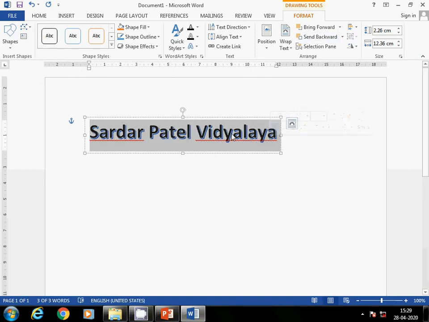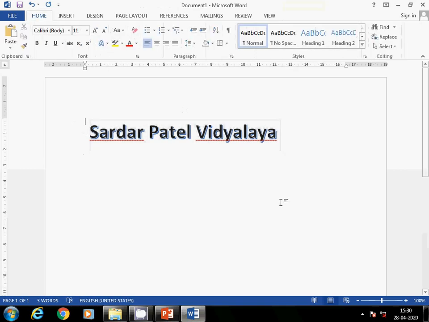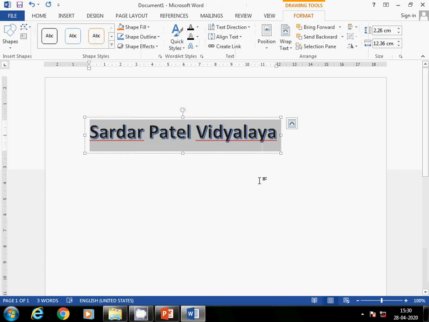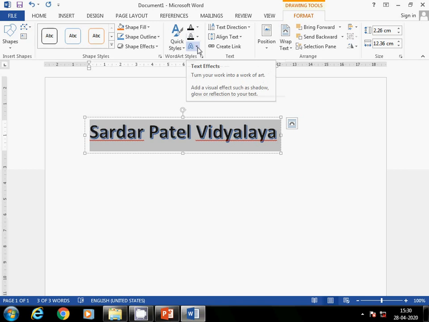When you select this, you may get this additional tab on your ribbon, that is drawing tools, and one tab under that is format. If you are not selecting this WordArt, then that drawing tools won't come. So if you want to change, first you have to select your WordArt text, then only this option will be available. Now you are going to change the text styles, so you have to pick this option, WordArt styles group. There are 3 options. First is for text fill, second for text outline, and third for text effects. So these you can apply as per your need.